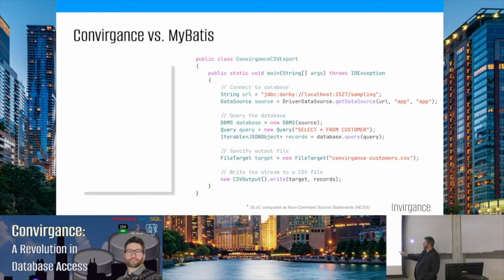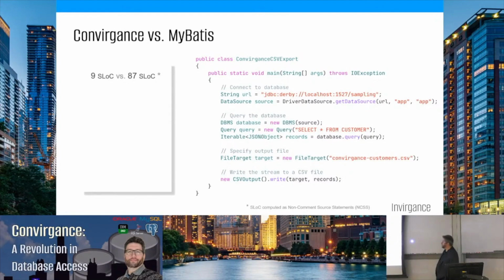But if you pay attention, everything was hard-coded in the MyBatis example. Everything here is just strings. We could practically set this up by passing these in from the command line: the URL, the username, password, the query, the output file. We could just send this configuration in and get any table we want. No additional configuration required. So this is 9 lines of source versus 87 lines of source in NCSS form